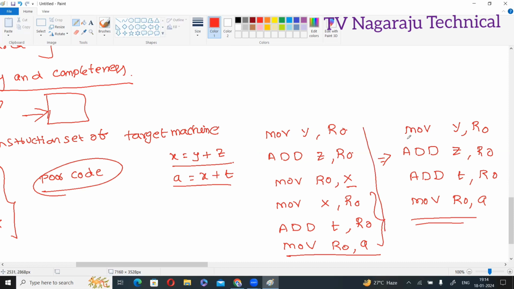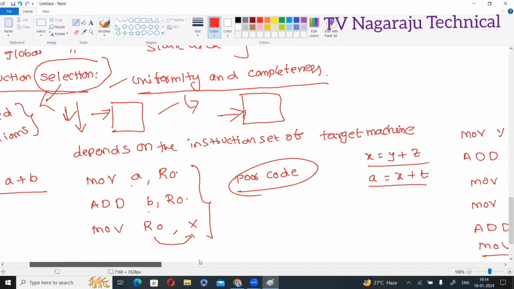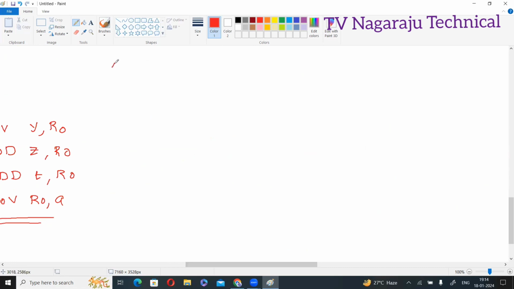Automatically the speed is increased and the number of instructions is less. The size is reduced and speed is also increased. Now you got it. This is the way to select the instruction. Whatever instruction you select must be suitable to the target machine. Now the next factor is